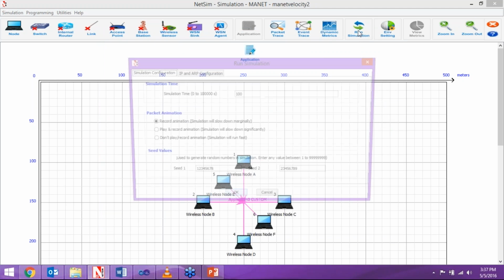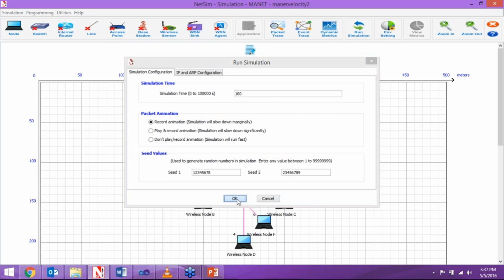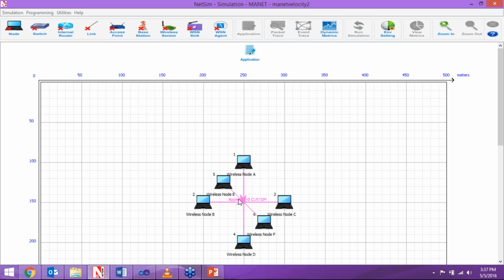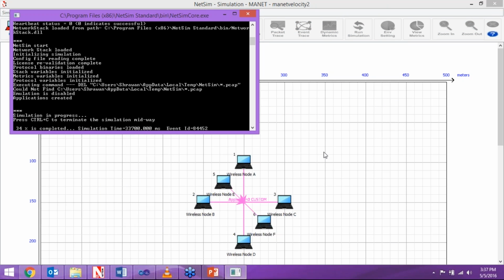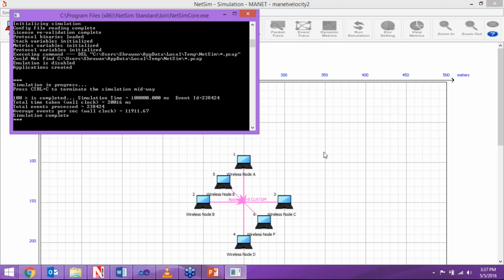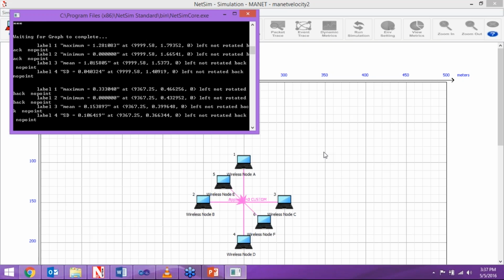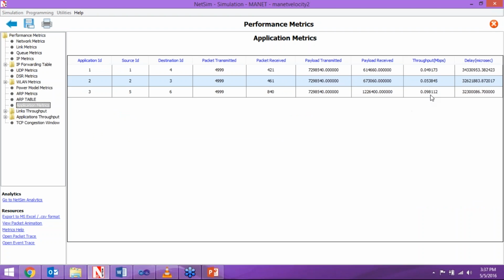Now we run the simulation. In application metrics, at 50 meter per second, it will come at something like 0.18. So we can see according to this analysis